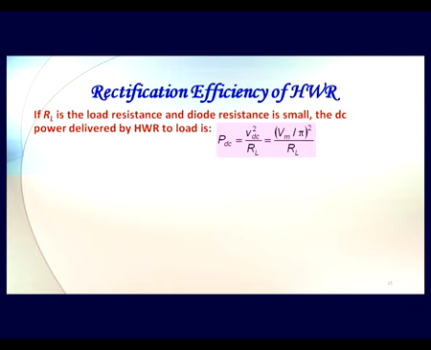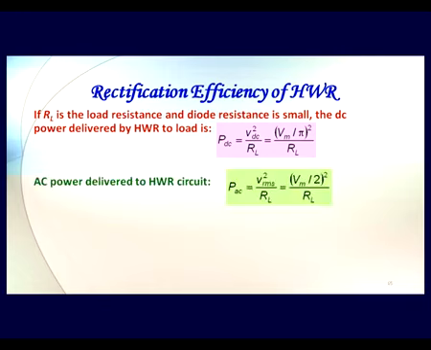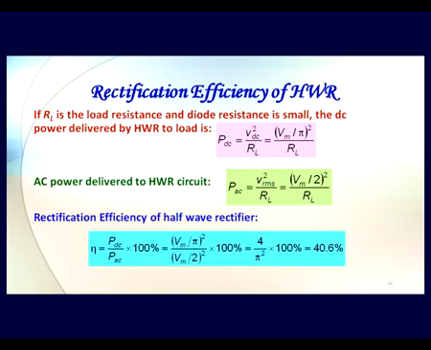And the input that we have given, the AC power delivered that we are giving into the half wave rectifier is PAC, which is nothing but V square RMS upon RL, that is (Vm by 2) square upon RL. If I just substitute and then take a ratio, then the efficiency of rectification eta will be PDC upon PAC into 100%, which is (Vm by pi) square upon (Vm by 2) square into 100%. So if you just substitute the values, you get Vm square getting cancelled, 4 by pi square into 100%, that